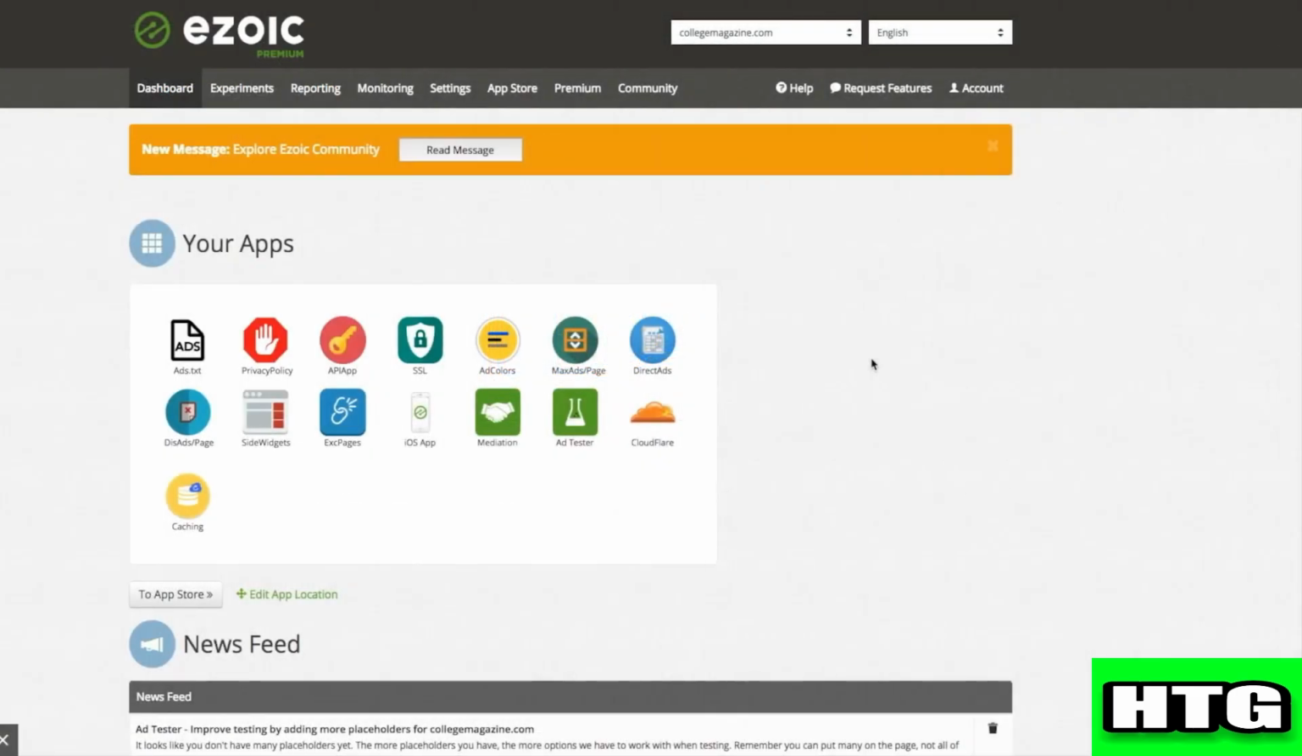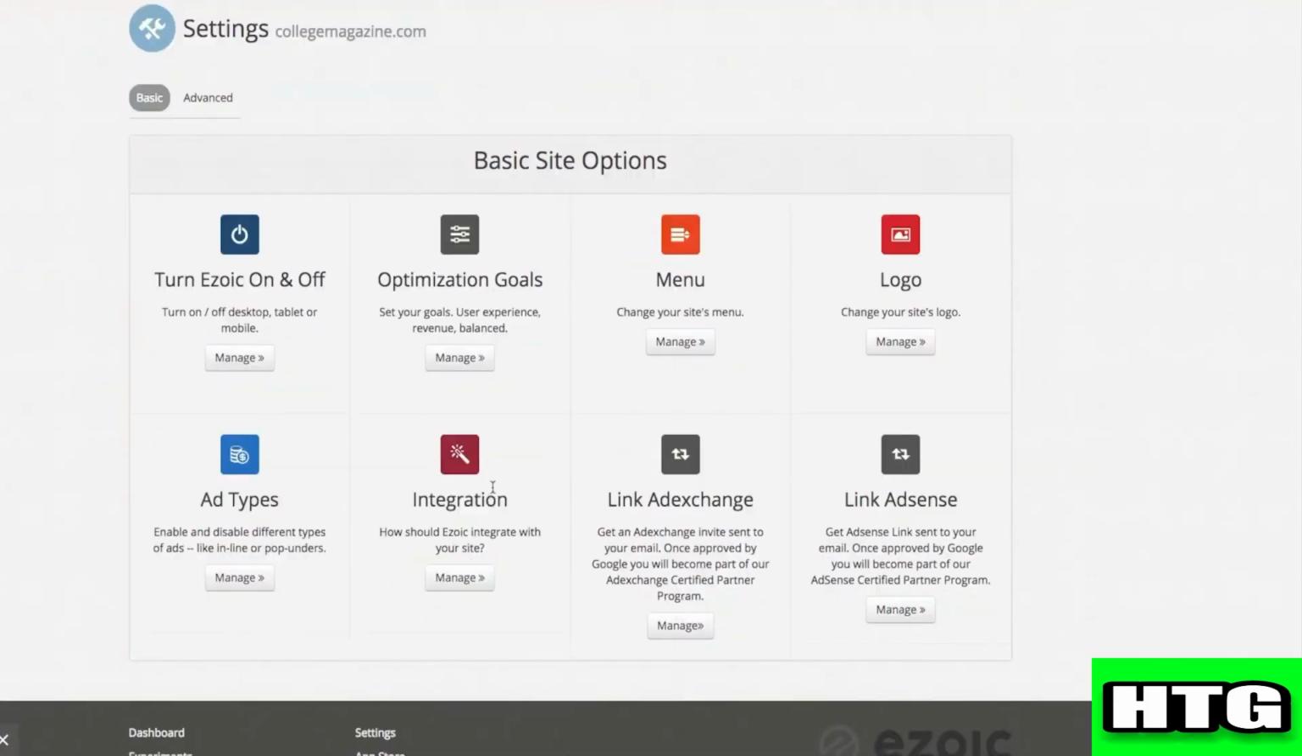So the first thing that you want to do is open up the Ezoic website on your laptop or PC. After that, sign into your account and you will be redirected to this page. To start, log into your Ezoic account. A message should appear requesting you integrate, but you can also navigate to settings in the main menu and then select integration. Select manage